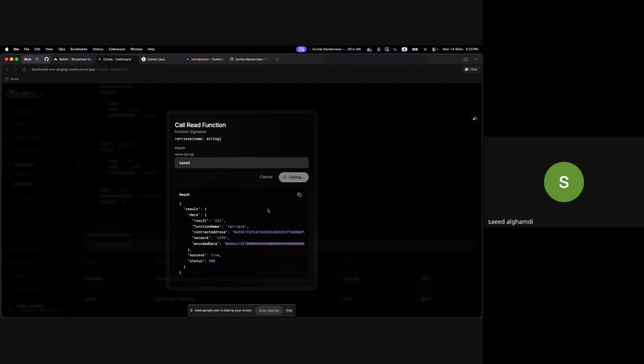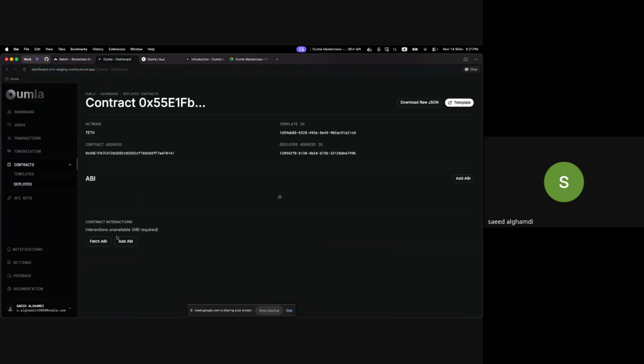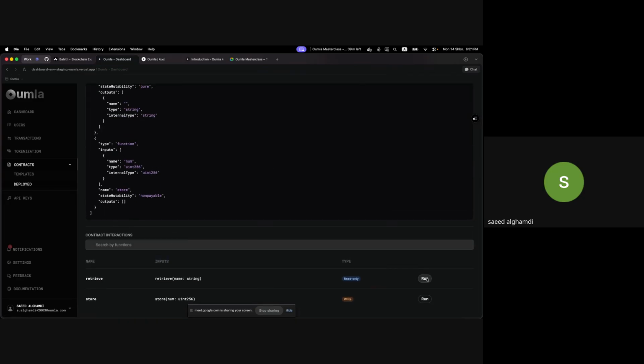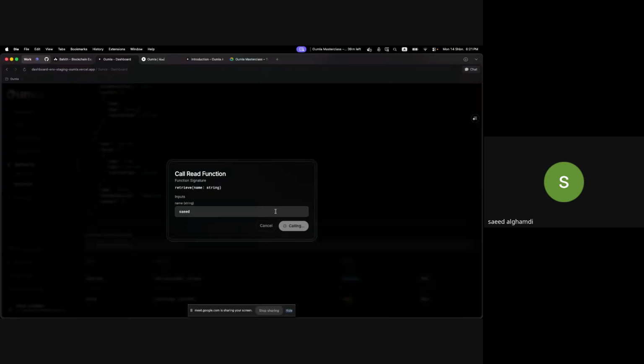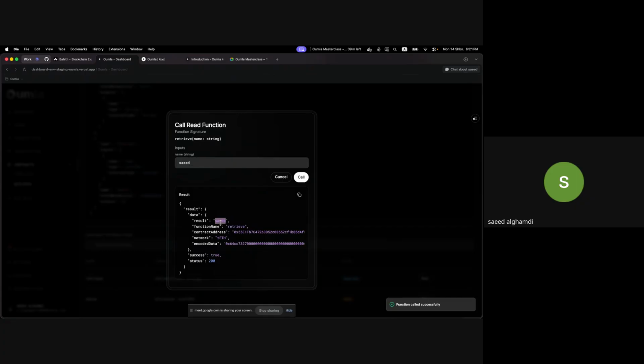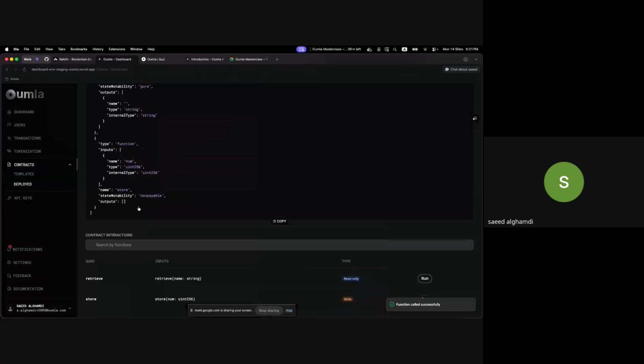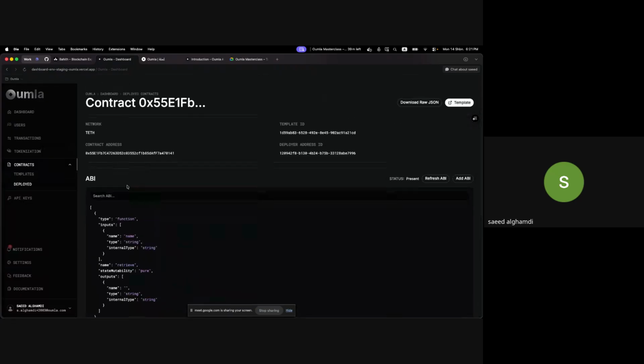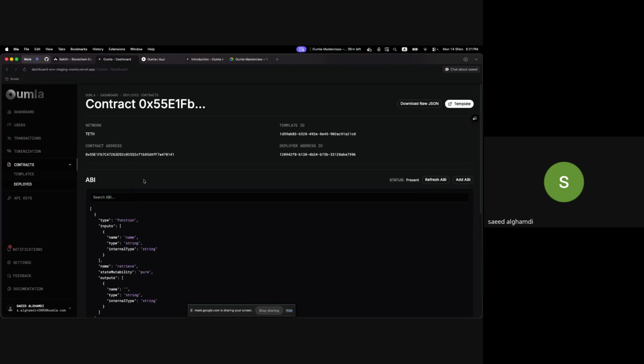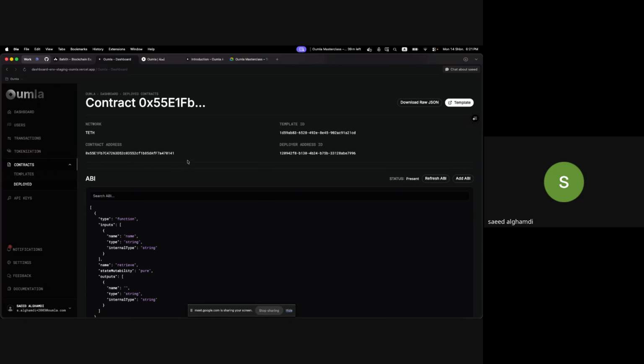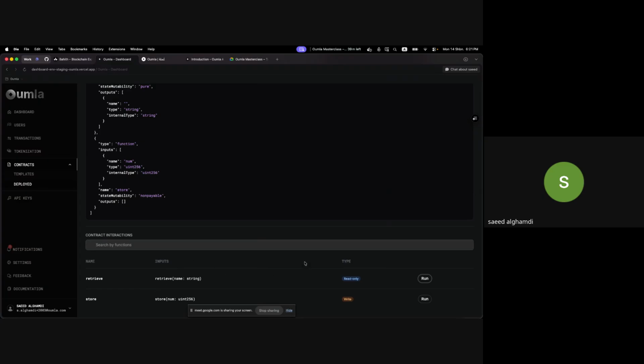Sometimes it takes time, so let's refresh the page and try it again. Yes, it did it successfully. It's a basic operation. This is for participants who want to develop their custom contract, create their template, deploy it and interact with it with simple clicks.